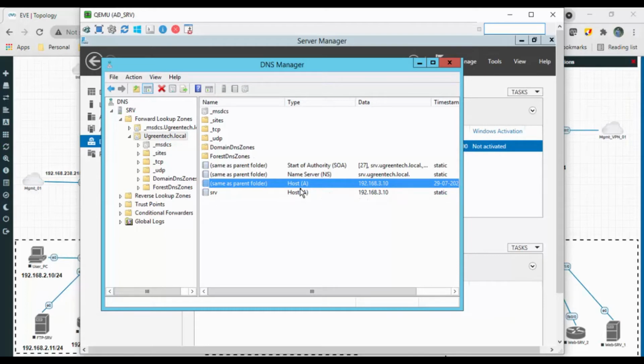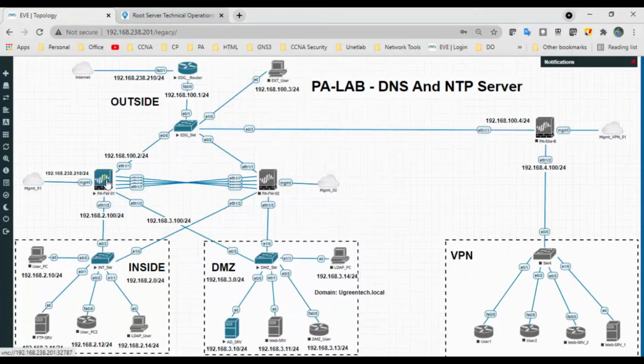A records are used for conversion of domain names to corresponding IP addresses, and in that we have one more record called CNAME, which we call a canonical name record, like an alias name kind of thing. Okay, this is all about DNS, and we will configure this firewall with a DNS IP address and NTP. Before moving to NTP, let me discuss the NTP server.